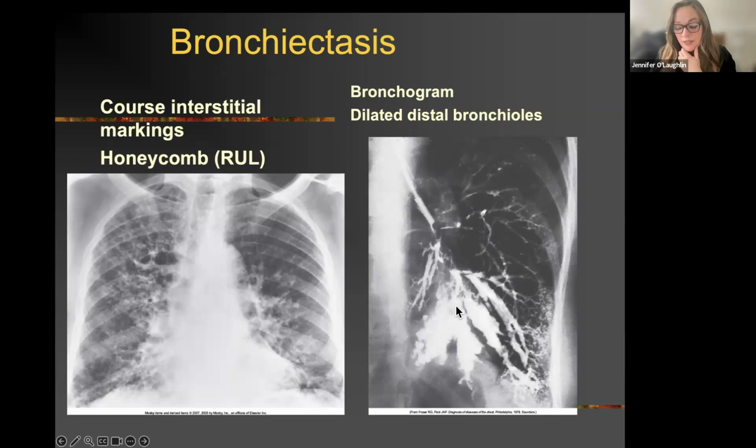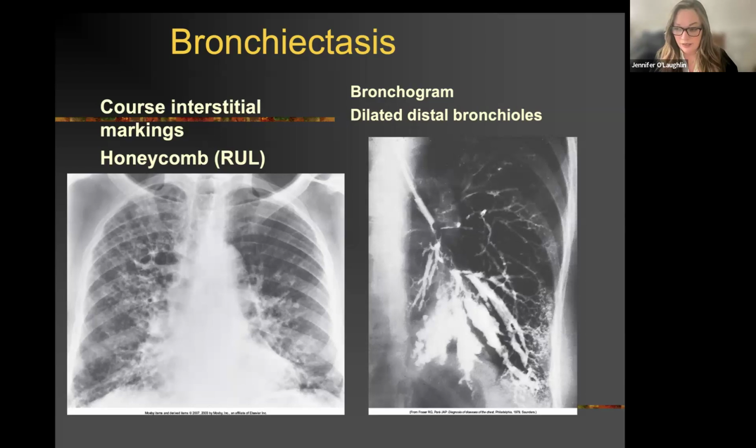One thing to talk about on this, I said we use an oil-based contrast. This goes back to contrast in general, something that you should know. Hopefully you have already talked about this: whenever someone is at risk for aspiration, you do not want to use a water-based contrast. Most people think, oh, water-based, that sounds better. That sounds way less harmful. But water-based contrast is like